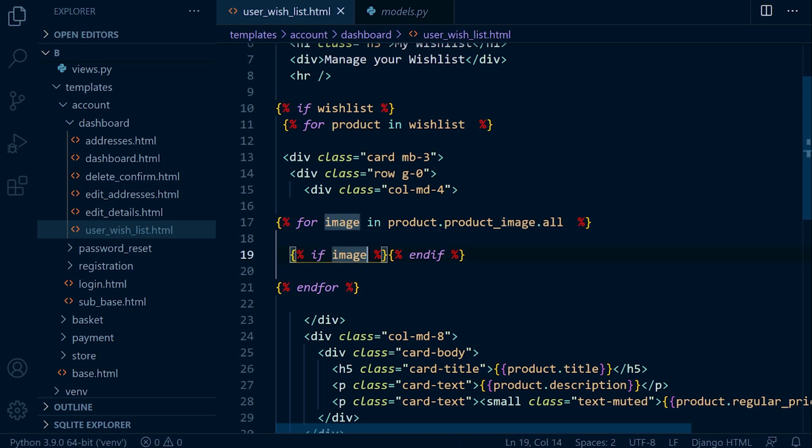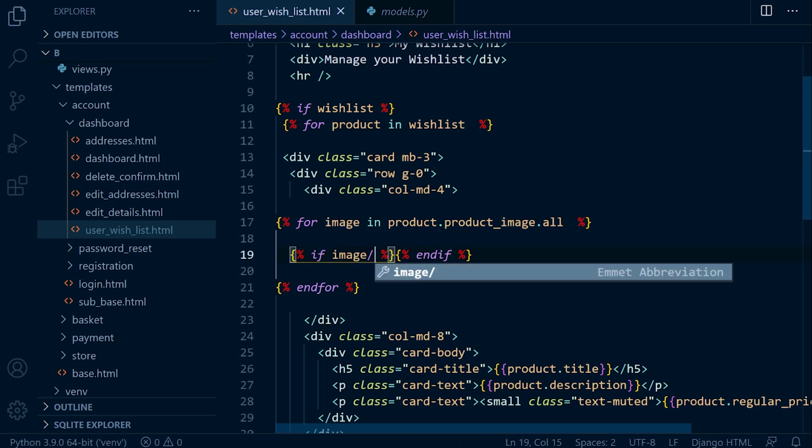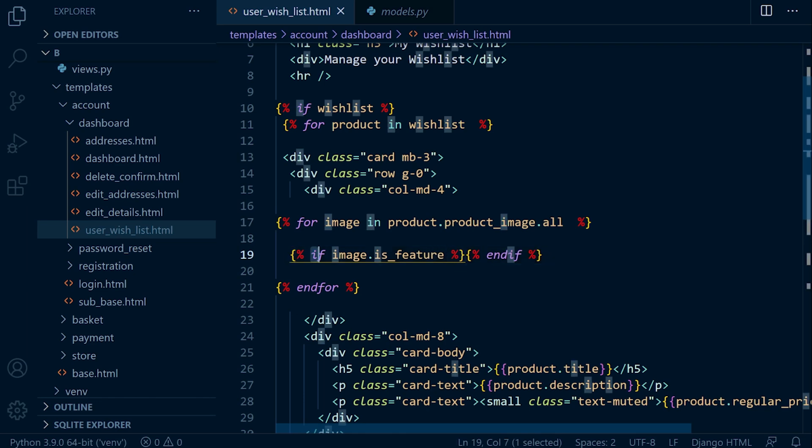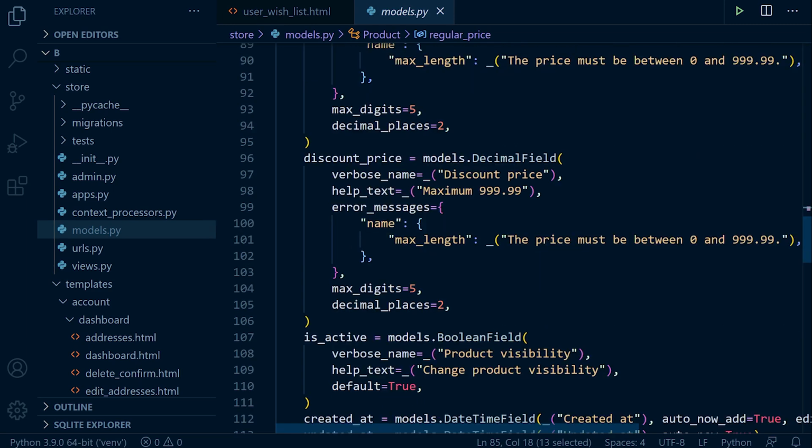through image. So if image dot is featured, remember this is going to return true or false. Is featured is a table field. So what I'm basically saying is, as you loop through all the product images that we collected from the database about that particular product, we put each one in this image variable and loop through it. Then we check the data, and if we find it is featured, so if that data has the field is featured checked,